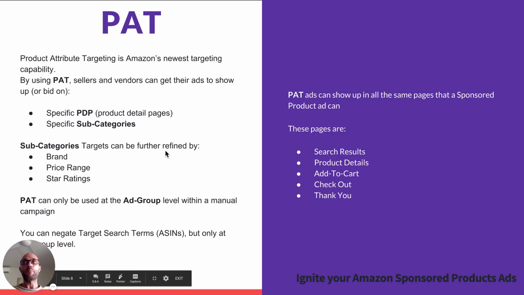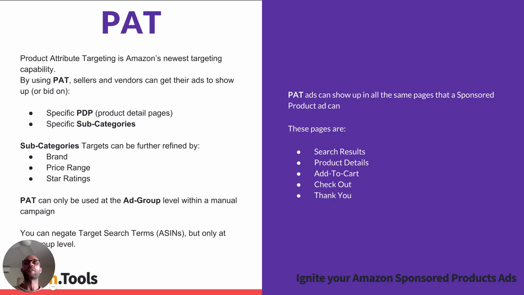And the last bit, so the 5th campaign we will create for you. So we covered the exact, we covered the phrase, we covered the broad, and we covered the auto. So the 5th campaign that we will create for you is the PAT, the product attribute targeting. So this is a very, very new feature that Amazon launched just recently at the end of 2018. This allows you to do what the auto campaign used to be only able to do, but now we can do it with PAT, and we can